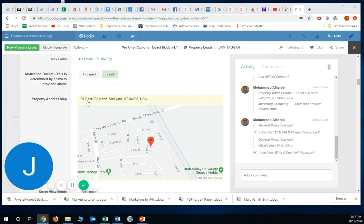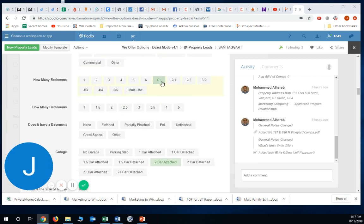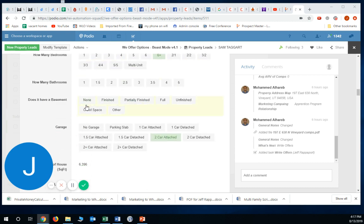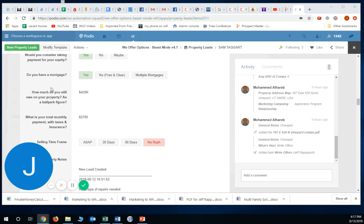This is a fourplex, I believe. I think they're 3-bedroom, 2.5 bath units. They've got garages. So total is 6,396 square feet, so about 1,600 each one. They were built in 2016. They still owe